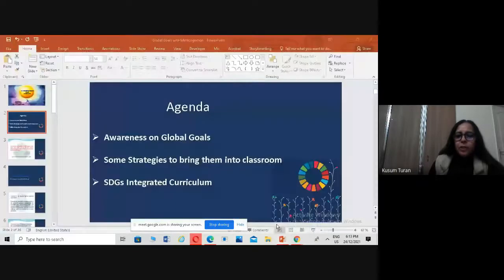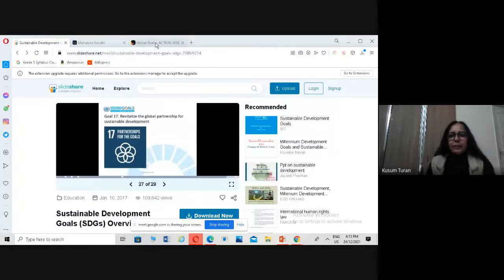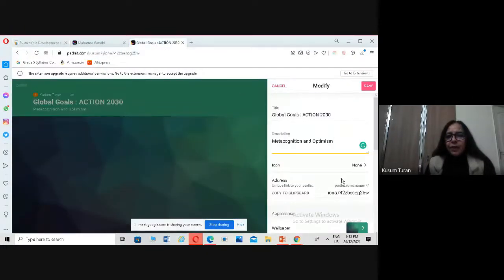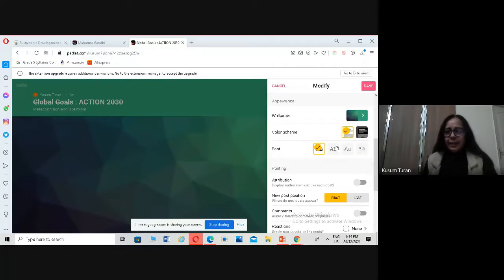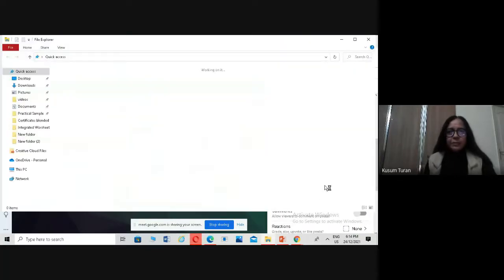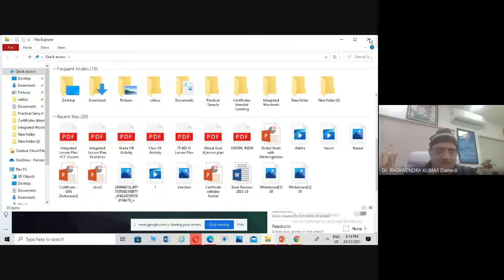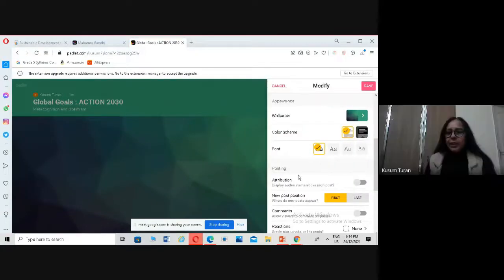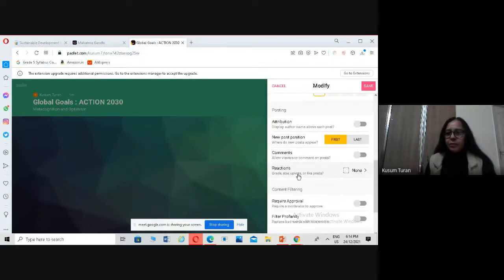Now, I'm just going to share a small warm-up activity on Padlet with you. I want to know the fastest finger here, and I'll name the goal. You have to name the goal as early as possible. So let me see who's the fastest finger here. I'm just giving a link to the Padlet in the chat window. Just give me some time.